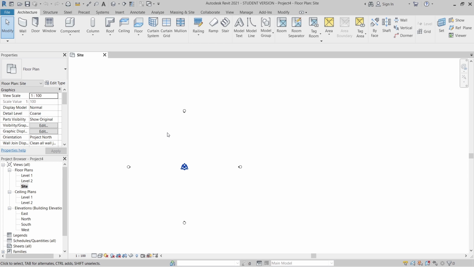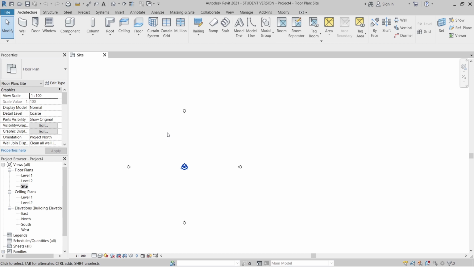If you want to do that, you just go to your visibility graphics, turn on topography, and edit your view range there. But I don't highly recommend that, because Autodesk has two separate view types. One is for working on level 1, and the site plan is for making a kind of master plan and Topo surface plan. That's why Autodesk separated these. So don't try to break the rule. Just follow the Autodesk rule, which is the best way, and your site plan will not be messy.